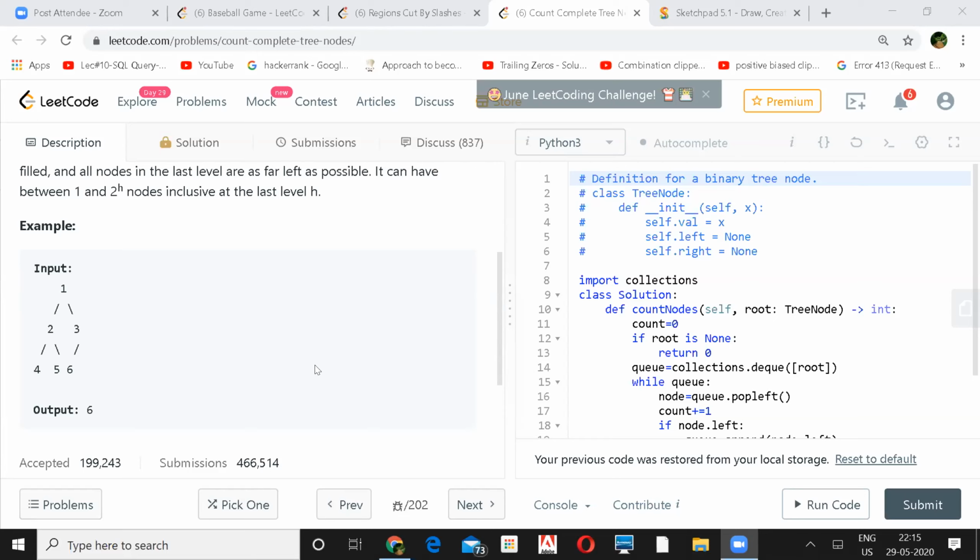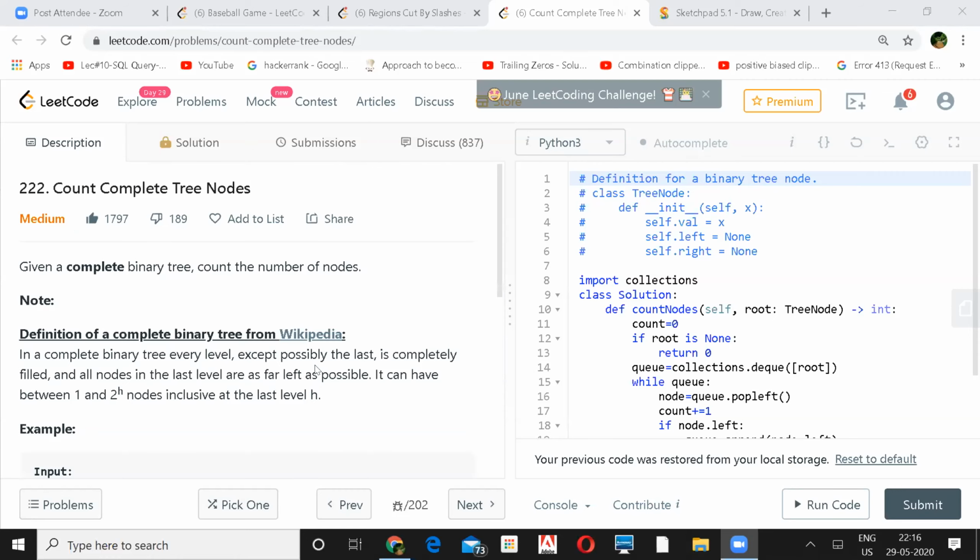Yeah, any traversal will work. In the traversal loop, have a global variable count, and whenever you visit a node, just increment the count. That is the most basic approach, and the complexity would be order of n, since we are visiting all the nodes. So is there any smart way? These are all trivial, like BFS, DFS. Is there something smart that we can do over here?